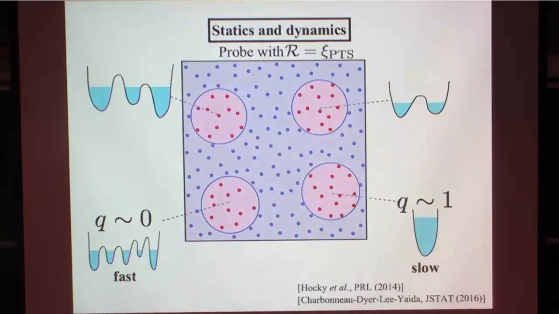And you can do more things with this. So you can kind of relate the statics and dynamics now. So let's say that you have measured the point-to-set length scale. Now you can shift this center of the cavity throughout the system. Some places may have few states, some places have two, but then some places may have many states already accessible within this cavity size.